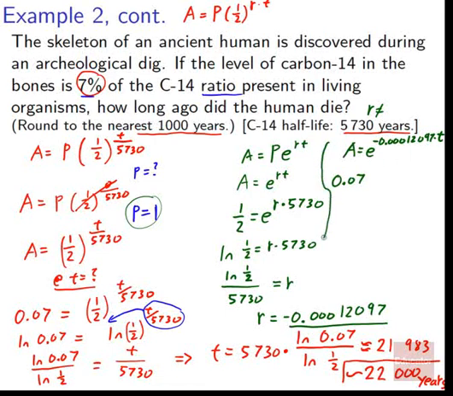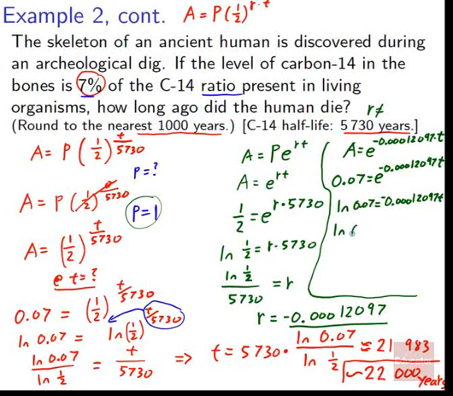So with that in mind, we know that we can look at 0.07. Let's put a little marker divider down here. 0.07 equals e to the same exponent, negative 0.00012097 t. We take the natural log of both sides. We've got natural log of 0.07 equals negative 0.00012097 t, because the exponent just comes down when we take the natural log. So now we can divide this natural log of 0.07 by this whopping negative, well, actually very tiny, but very long number,